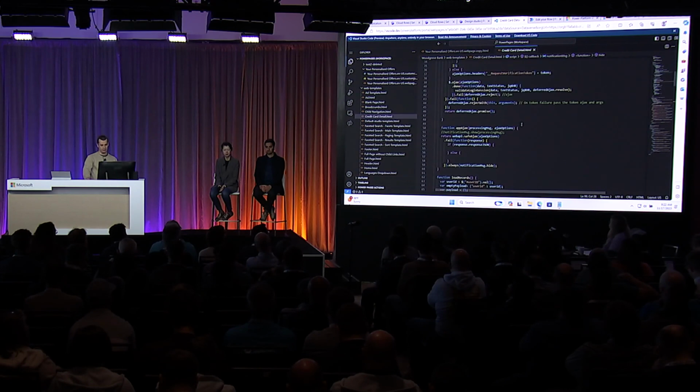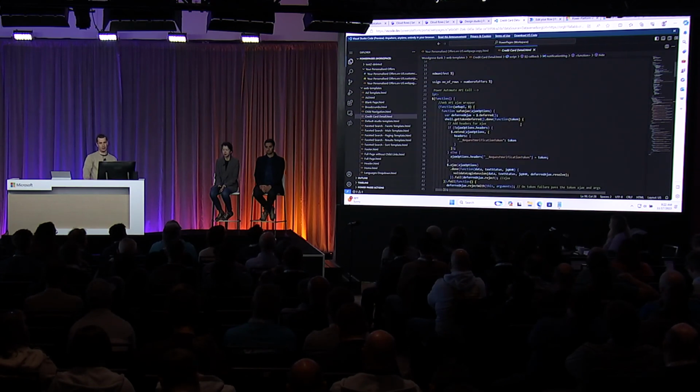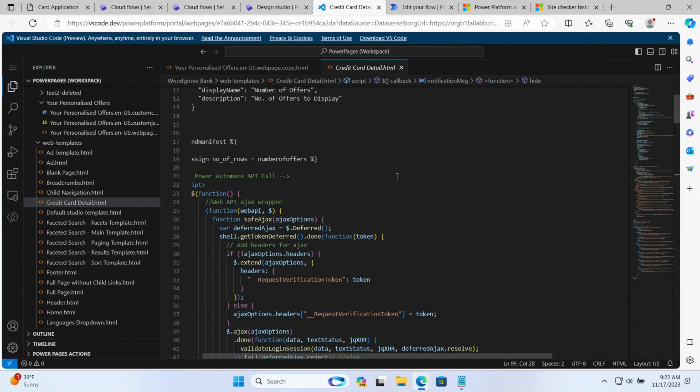So the last thing that I want to show here, just switching gears a little bit, is how to create variables that are then exposed in Design Studio. So for example, as a pro dev, I might want to expose the number of offers that are returned in that personalized offers page. So how many credit cards are shown for each user.